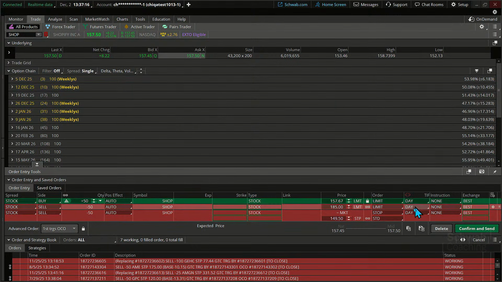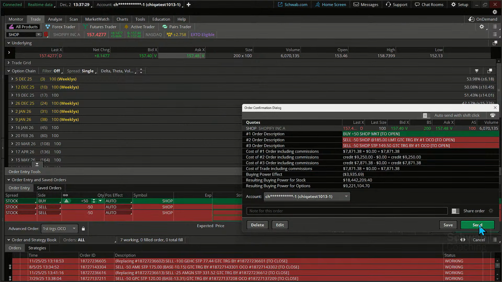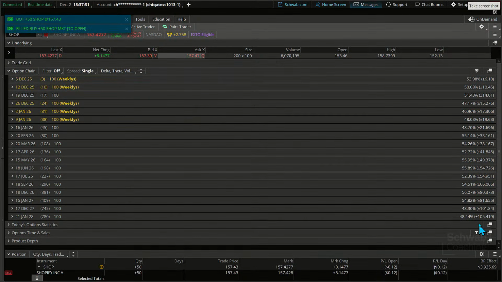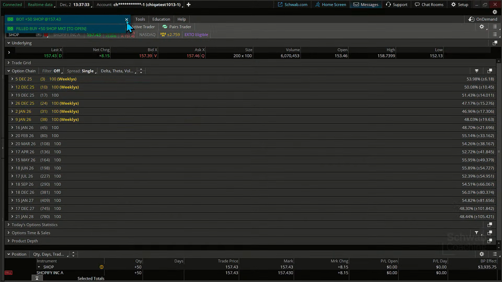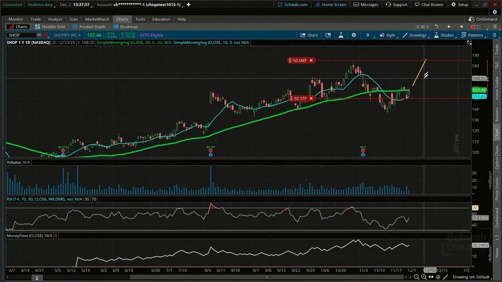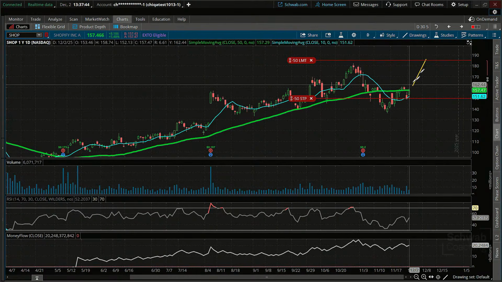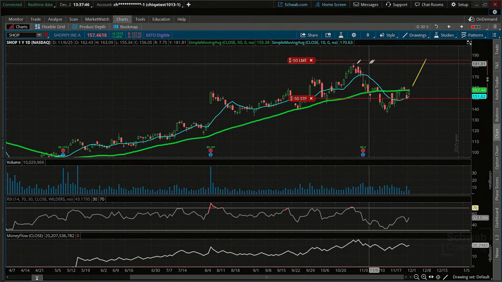Next thing is I want to make sure that these are good till cancel orders so they don't fall off on us immediately. In fact, I'm just going to put this in as a market order just to get it going here, because we're running out of time, and I want to make sure we get this under our belt. And there we go. So if we come over here and look at it, we can see that we've got our potential target up top. I left that a little bit below here, but tapping into the projected price target for our price pattern, coming up to that high.